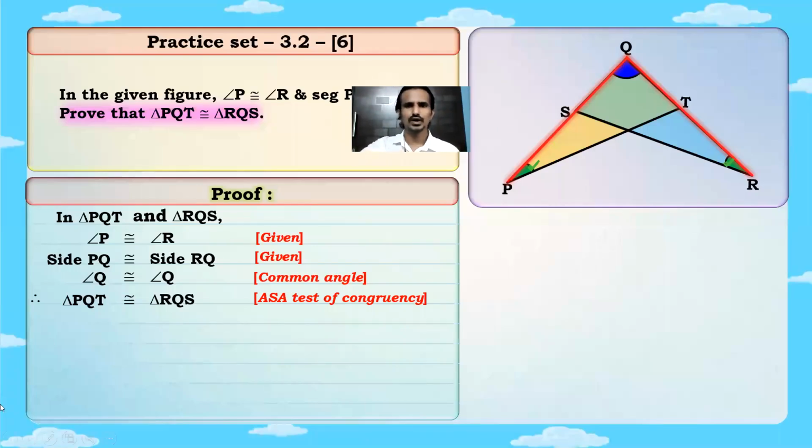Okay. And in this question, we don't even have to write down the remaining congruent parts. We don't need the remaining congruent parts, so we are not writing it. This is only asked in the question, so you get 2 marks for this. All right, this question was 2 marks.